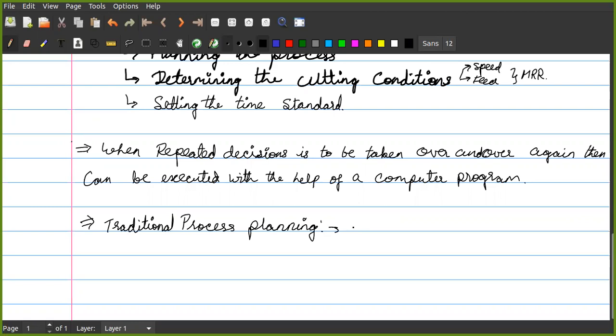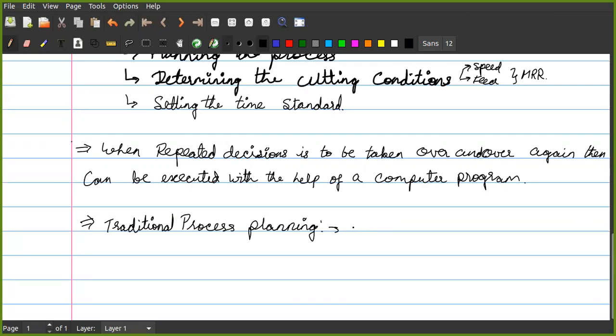Okay, the process planning is accomplished by releasing the part print. Every part print is to be provided in the production shop, which is to make the drawing, and then detailed steps are to be written. Okay, this is the traditional process planning.